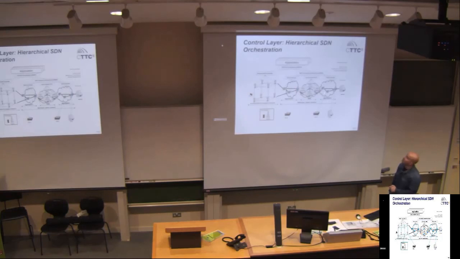So each one of the different technological domains, this one is based on fiber, here we have Ethernet, here we have Ethernet. Each one of the domains is managed by its own SDN controller, okay? And functions that have to be performed locally are delegated to the SDN controller